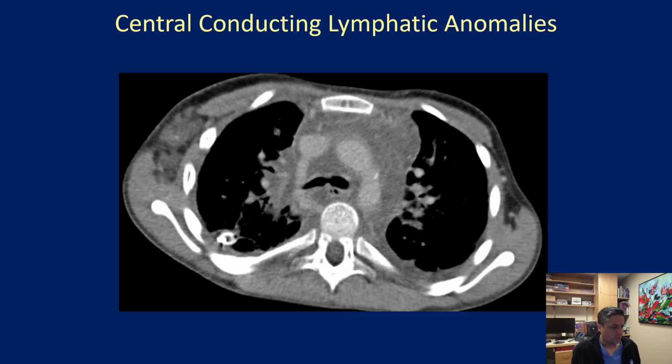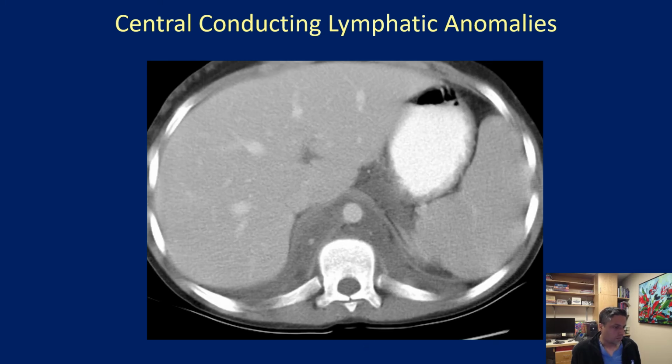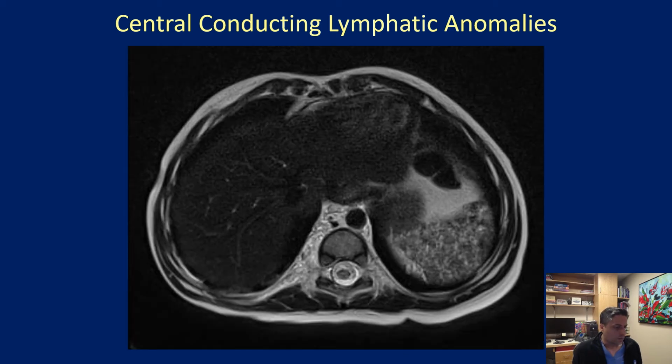appearance. This axial CT slice of the chest demonstrates some significant amount of soft tissue disease within the mediastinum. Inferiorly, this can be seen as increased soft tissue disease in the periaortic region. These findings are best appreciated on MRI, with the dilated lymphatic channels manifesting themselves as T2 hyperintense soft tissue disease